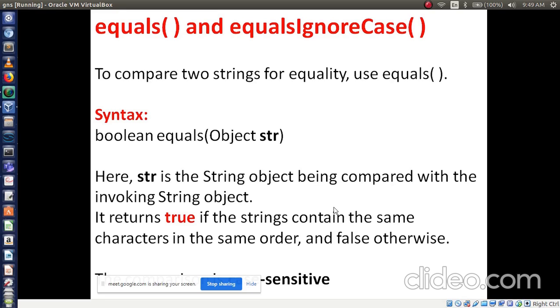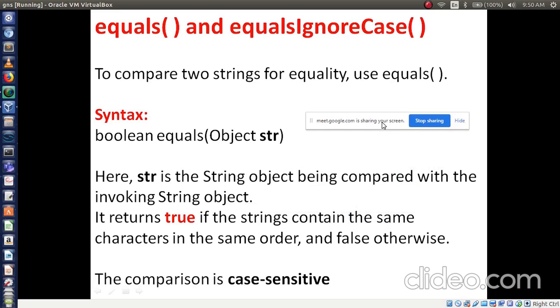See, I am talking about one method here, that is equals. Why do we have to use this method, equals? Equals means to compare two strings for equality. Use the equals method. Syntax: it will return boolean values.